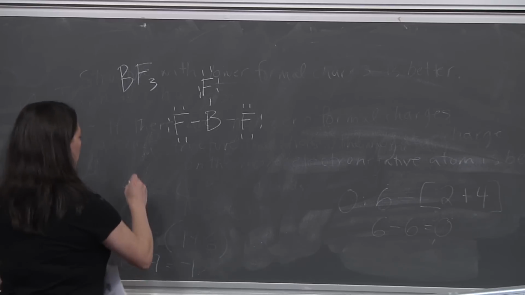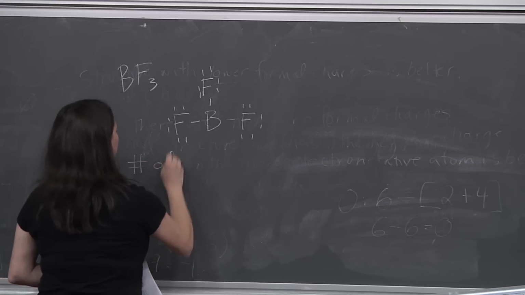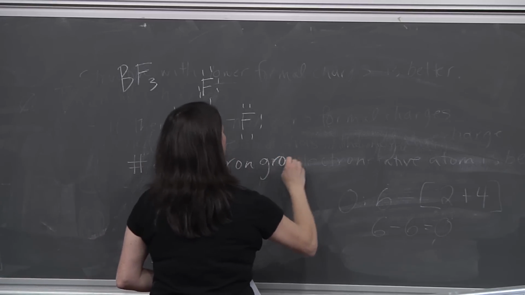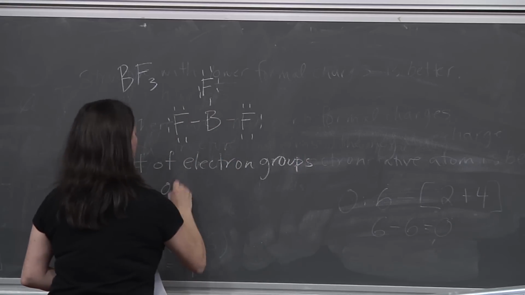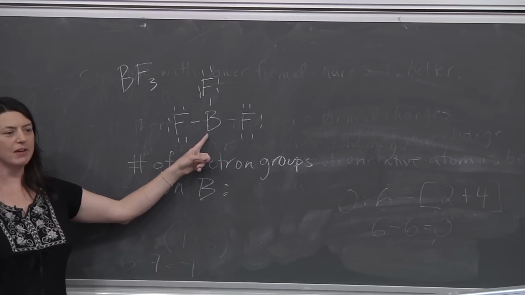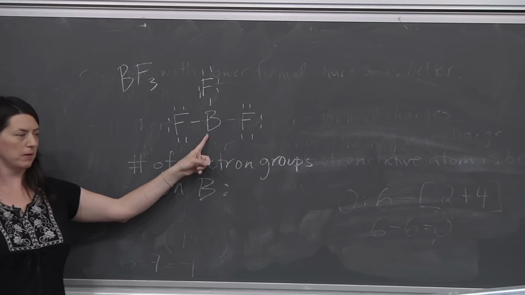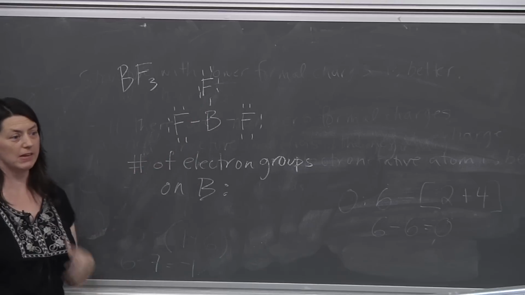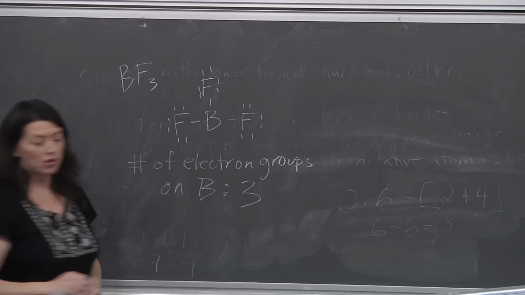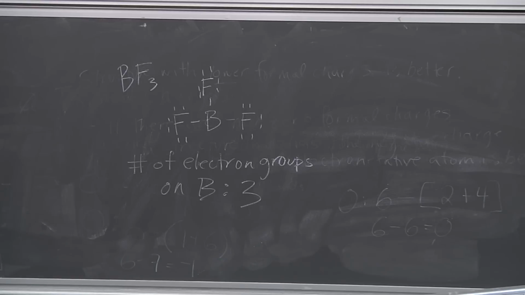So now, the number of electron groups on boron. So boron, how many electron groups are around that B? 3. It happens to be 3 single bonds. So 3 electron groups,